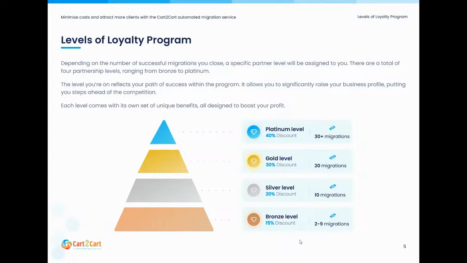As you can see here, the discount is applied with the bronze level only if you complete at least one full migration by using our service. However, we highly appreciate you as our client and in the future our loyalty partner. So we will gladly provide you with some discount that we can get from our marketing team for the first migration as well. Or contact your account manager via email directly and request the discount for the first migration. We will gladly do our best and provide you with this discount.